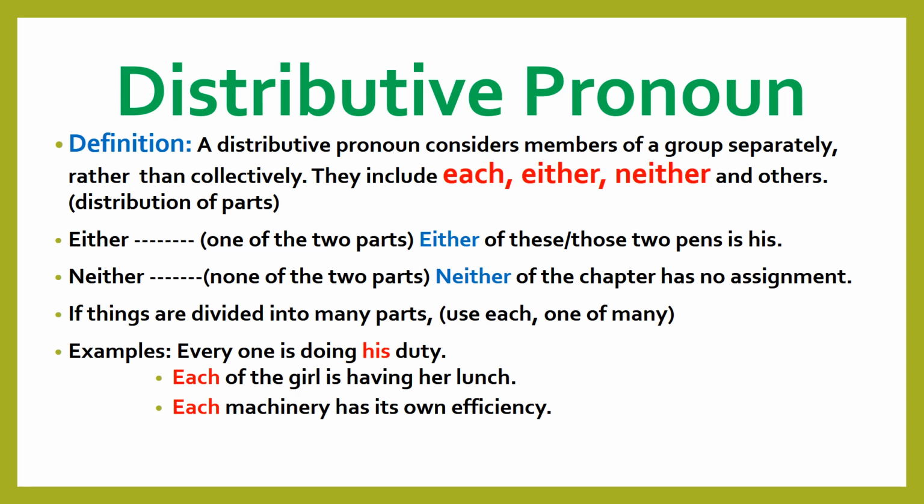And you could also use the pronoun of these or those. Like here we have the example, either of these two pens is his, or either of those two pens is his. So you are making it clear that there are two pens, and one of the two is belonging to that man. And neither we use when there is a whole part and you don't have any